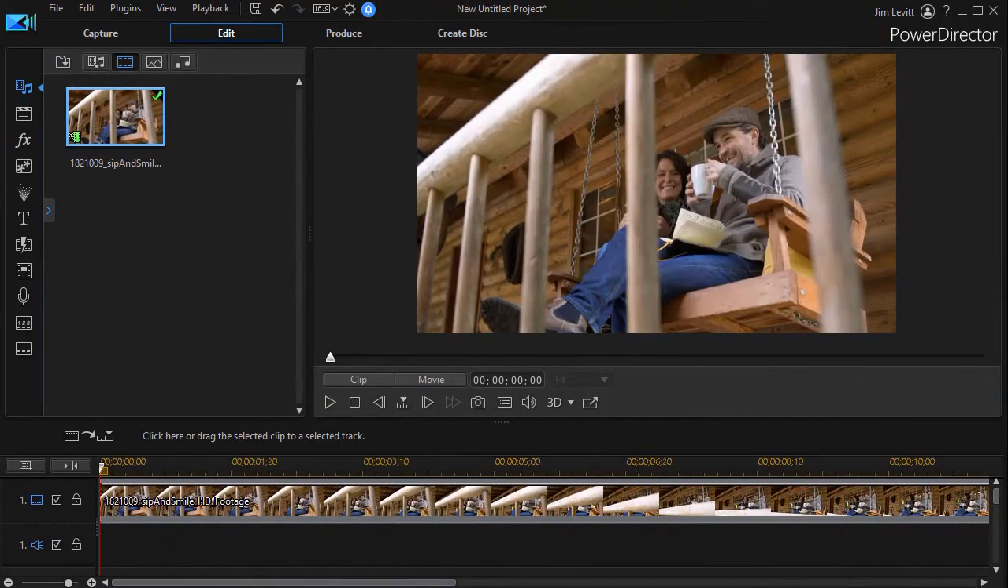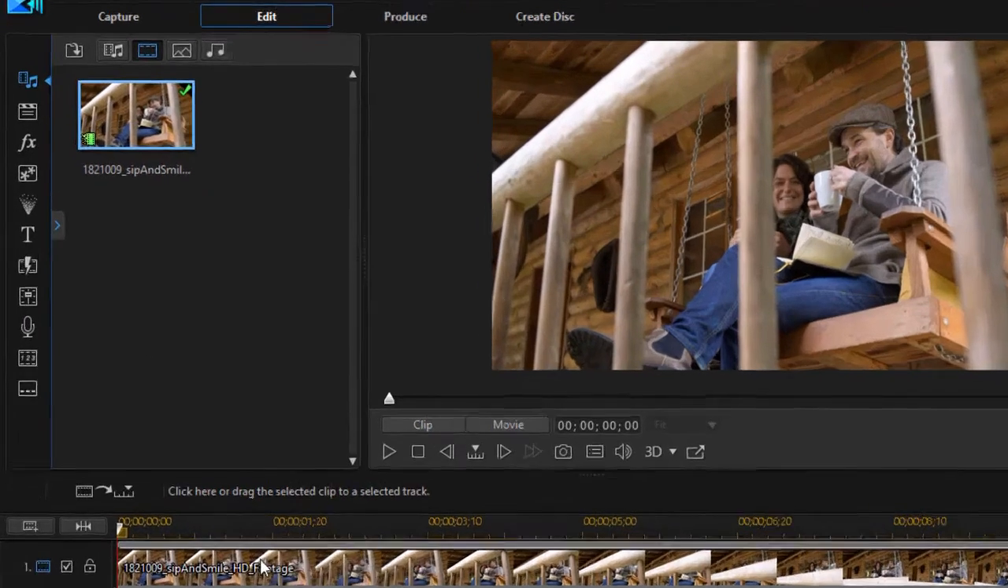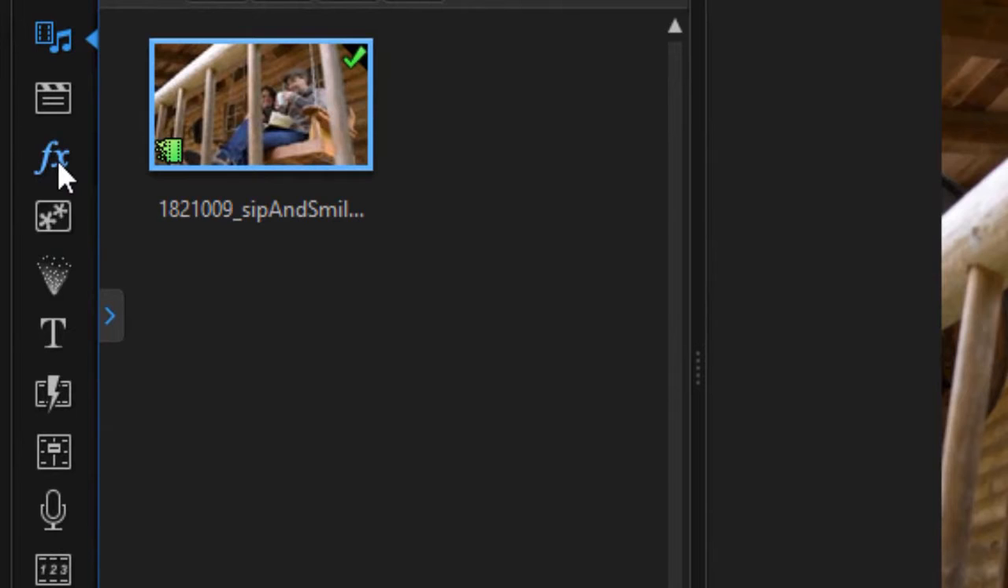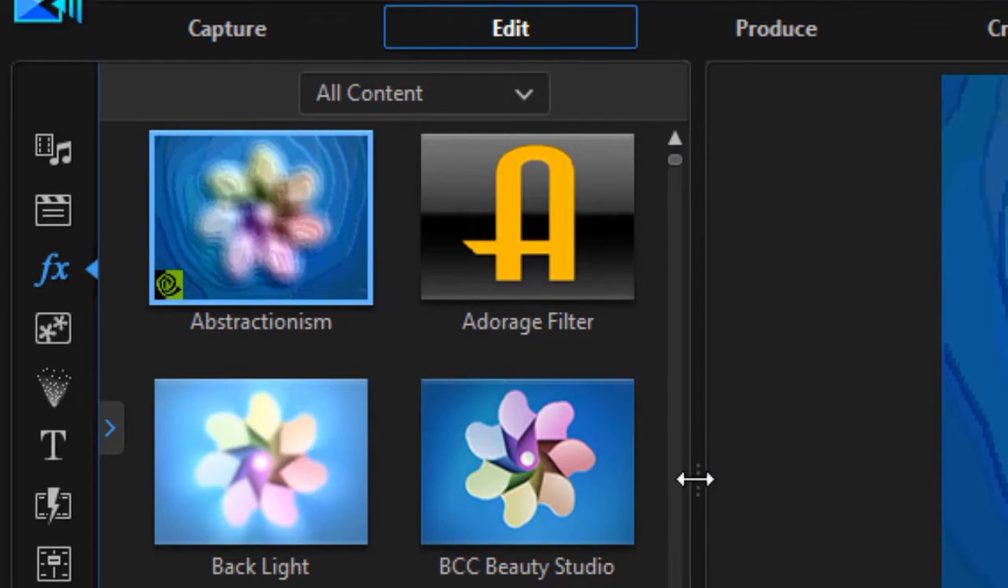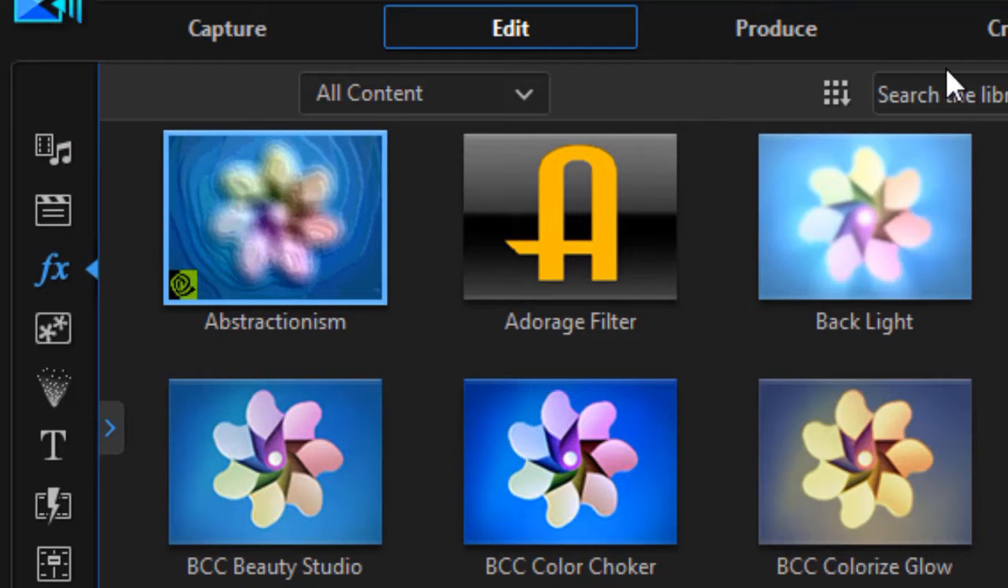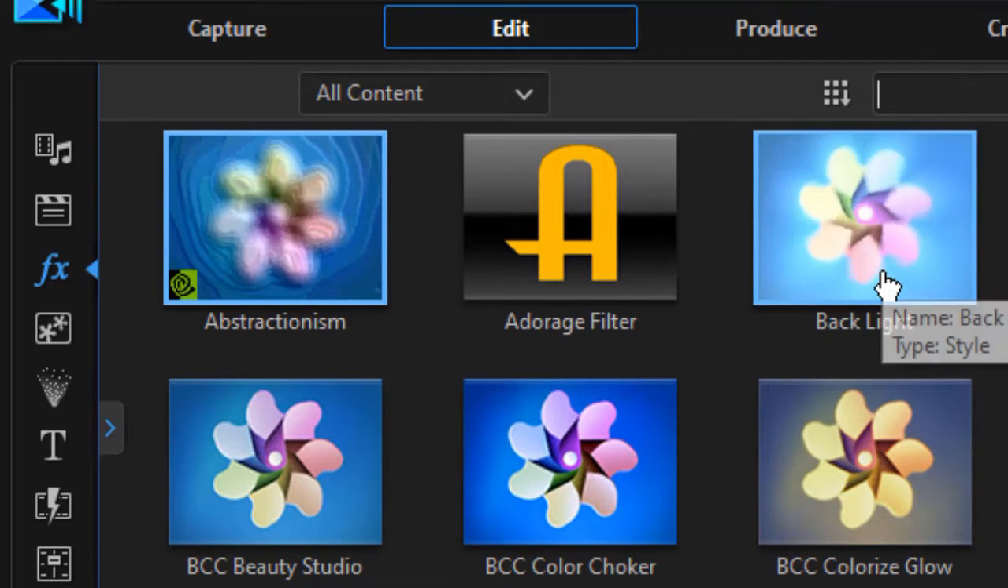The first thing we're going to do is use an effect to accomplish this. So I have my video on track number 1, and I'm going to click on the FX icon, or I can press the F4 key to get into my effects room. Now I have all my content here. I'm going to drag and search my library. I'll type in sepia,